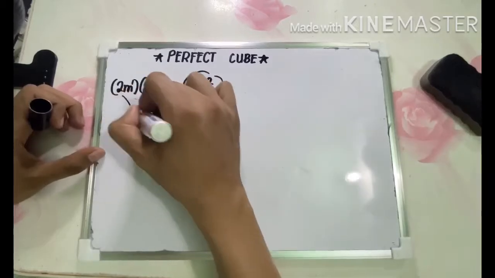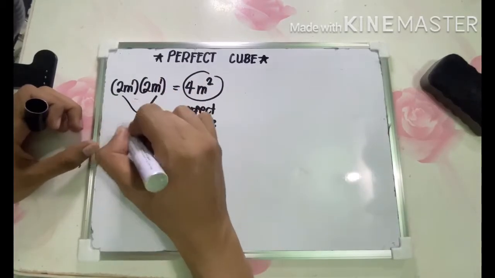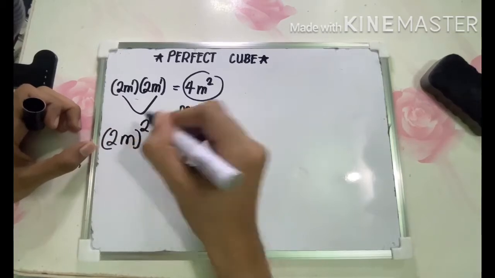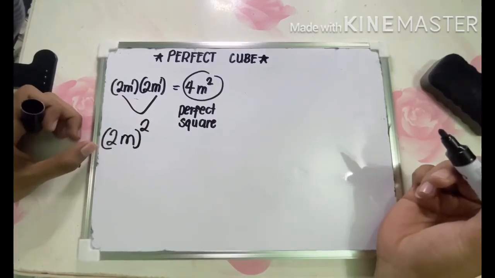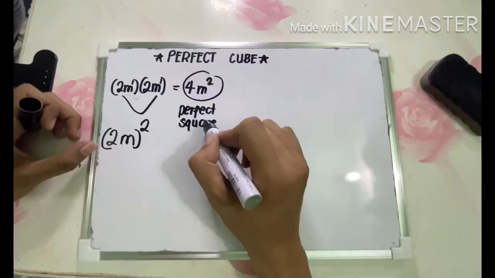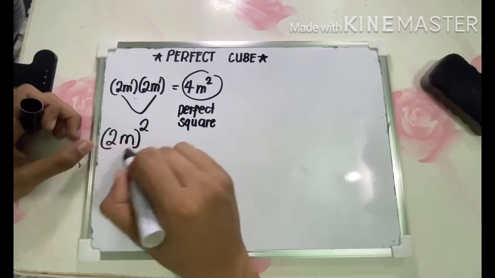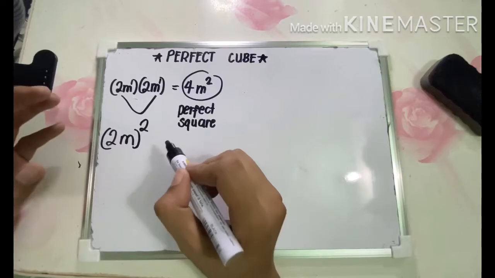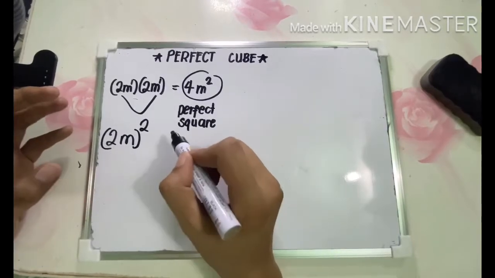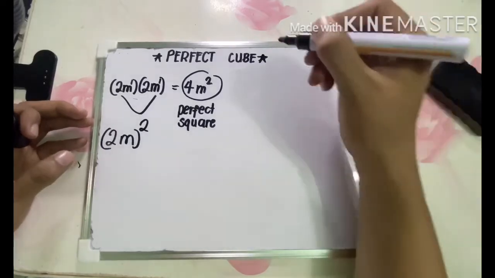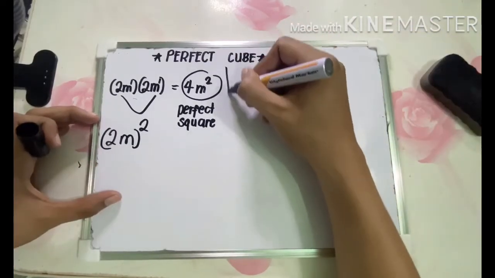And this 2m times 2m can be written also as the quantity of 2m raised to 2. So for a perfect square, there's an exponent of 2, if a term is raised to 2, and that is a perfect square already. Okay, so how about if I have here